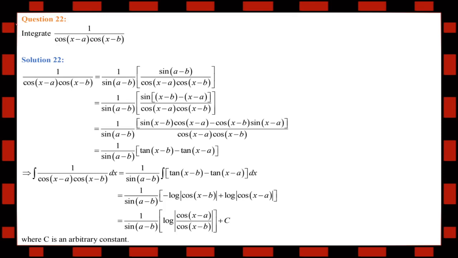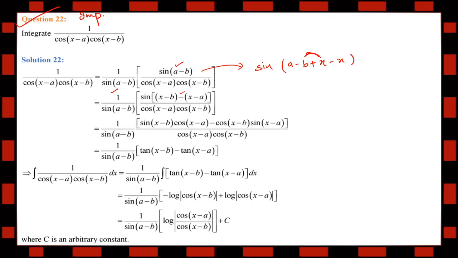This is an important question. An important type, I would say. Please concentrate. Here we have to do a little bit of manipulation while writing. Here first of all, what are we doing? We are multiplying and dividing by sin(a minus b). After this step, what did we do? Sin outside, and inside the bracket it was a minus b. So we are adding x, we are subtracting x. Then we have written x minus b altogether, x minus b. And here what we had? a minus x. So a minus x we are writing as x minus a by taking minus outside common here, right? And the denominator as it is.